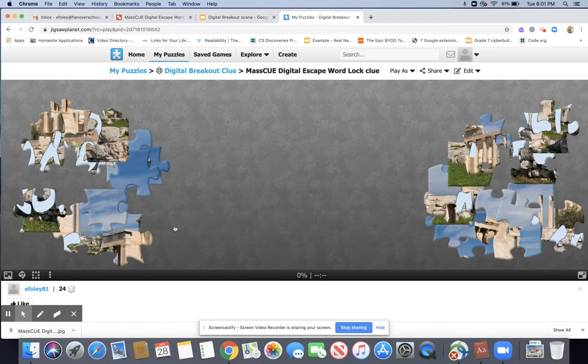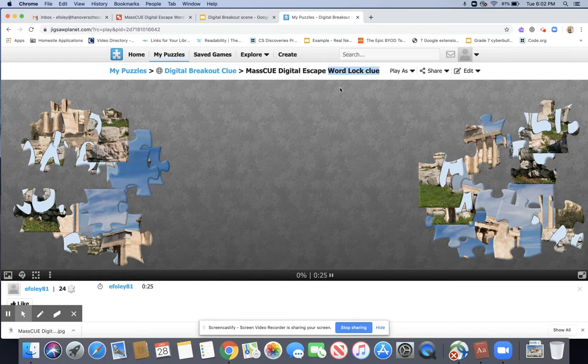And then it's going to show you the puzzle. Students would just simply have to click and drag the different pieces in order to get the word lock. It could be helpful to have the name word lock in it, which is what I did. But again, depending on the grade level of students, you might not want to tell them that it's the word lock, especially if you have high school students, to make it maybe a little trickier